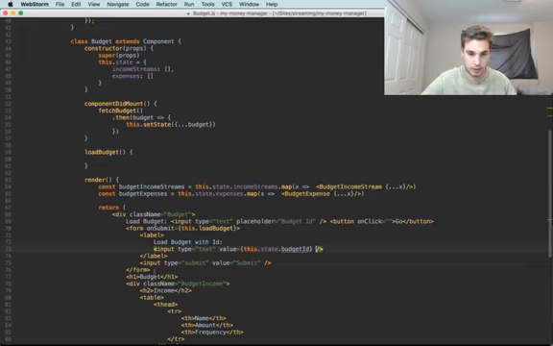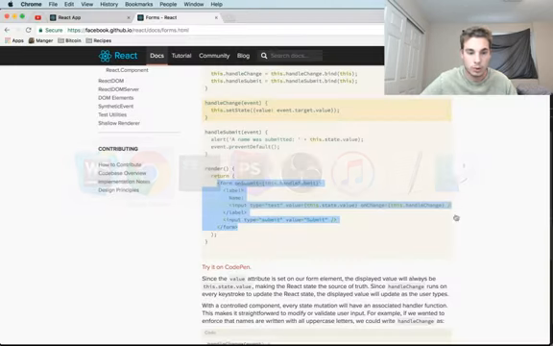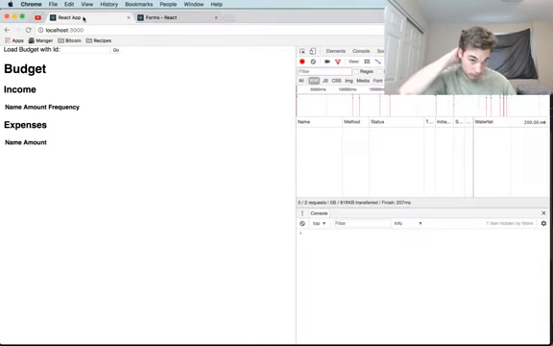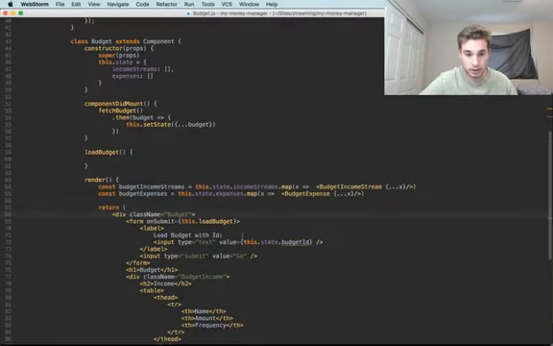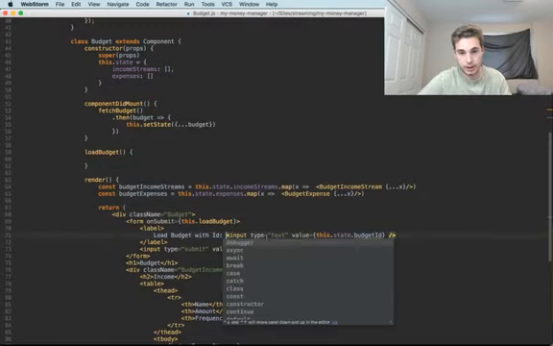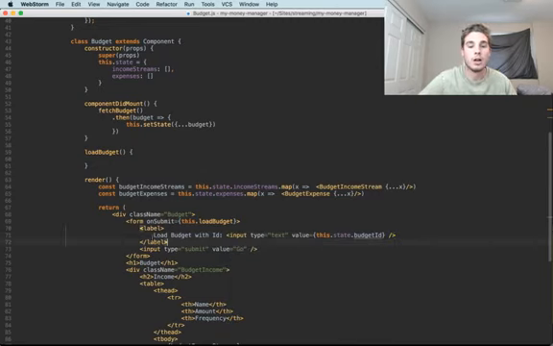We're going to wait for the user to submit. We're going to call this go. So let's see if that looks the same as what we had before. Yep. Let's add a space in between here and there. So load budget with ID, and then